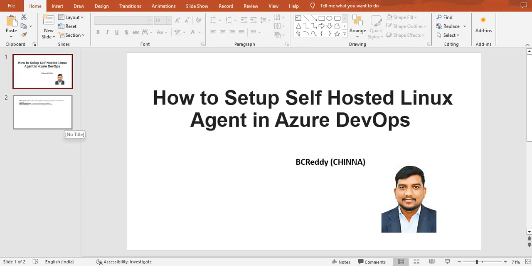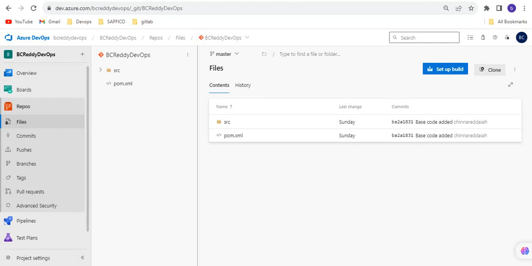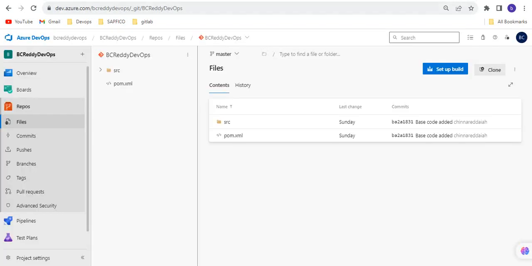The prerequisite for this is that you need to have a Microsoft account, an Azure account and subscription setup, and create a virtual machine. In my case, I have already created the virtual machine and connected. So I have created an Ubuntu Linux machine, and this is my DevOps organization, and we have the